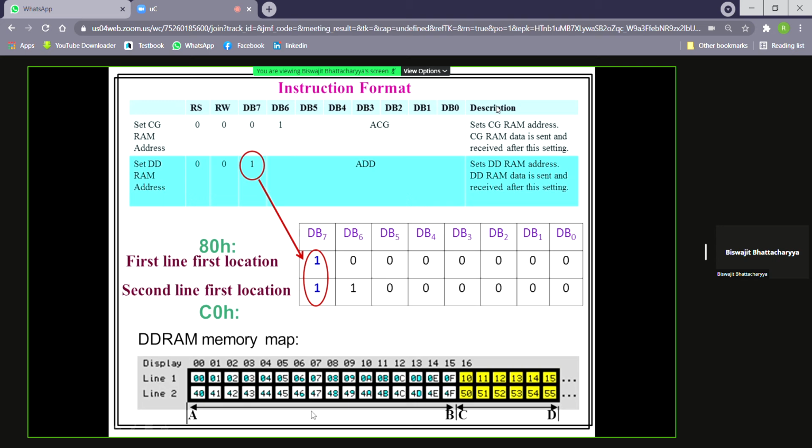If you want to write a character at 47 hex, then here 7 and 1, 1, 0, 0. So C7 hex: 1, 1, 0, 0, then 0, 1, 1, 1. So C7 hex means 47 hex actually in the memory, in the screen space. So that's how the instruction format will be. We have to write the instruction there.